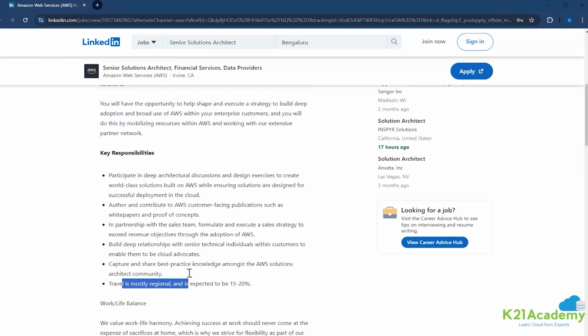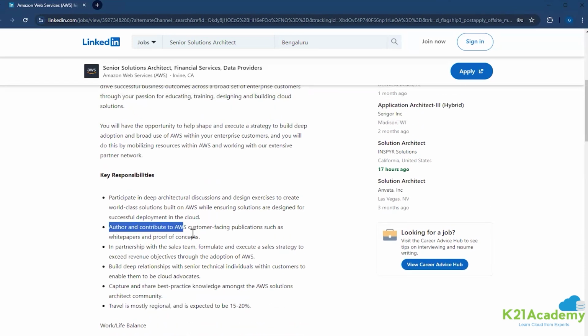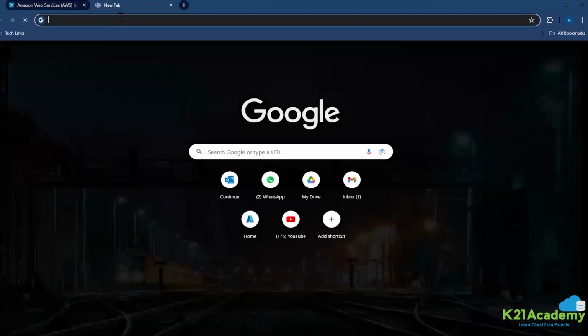There will be some travel. One thing is, see, in AWS, most of the solution architects that I worked with, and my previous job was with AWS, right? I was an AWS partner. So for 2.5 years, I was working with AWS employees, solution architects mainly. So most of them actually contribute so much to their internal communities through articles and various things.